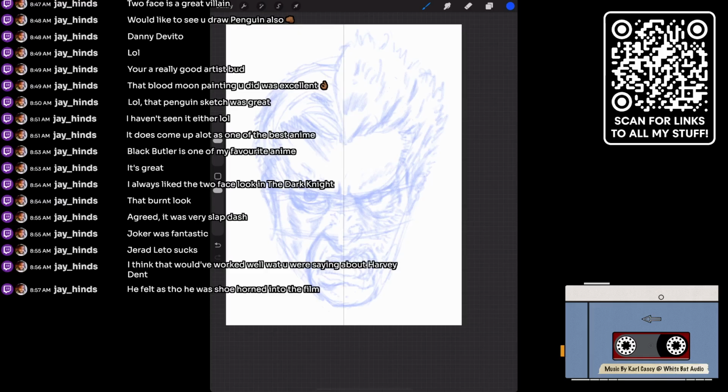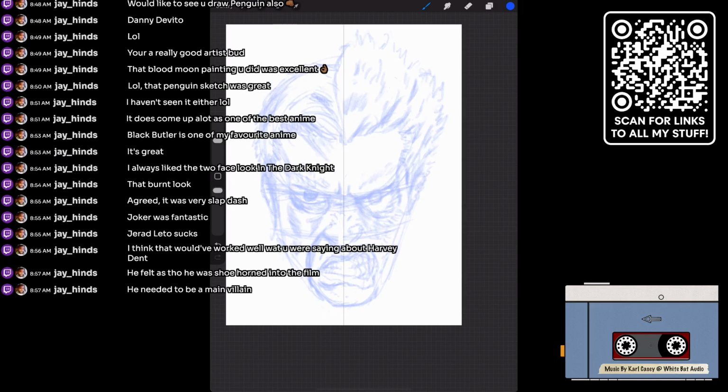Yes, that's it. That's exactly it. He was shoehorned into the movie. That's the problem, is they just basically shoved him in, and he should have been a main villain. And I don't think you got enough explanation. I don't think his turn, because Rachel dying, that's not enough to take somebody who otherwise was apparently a great person.